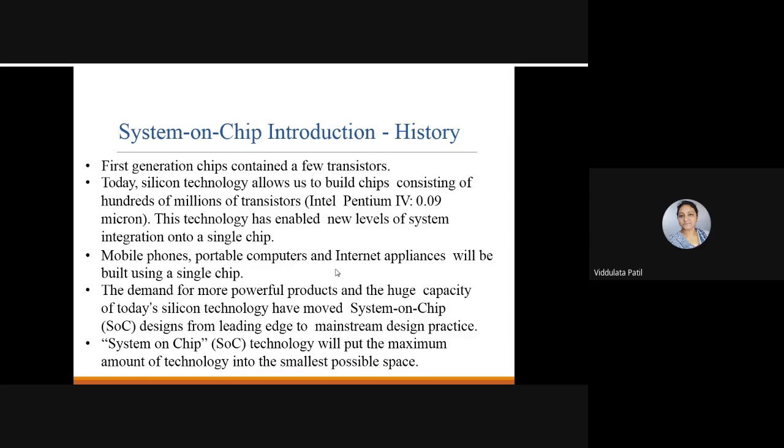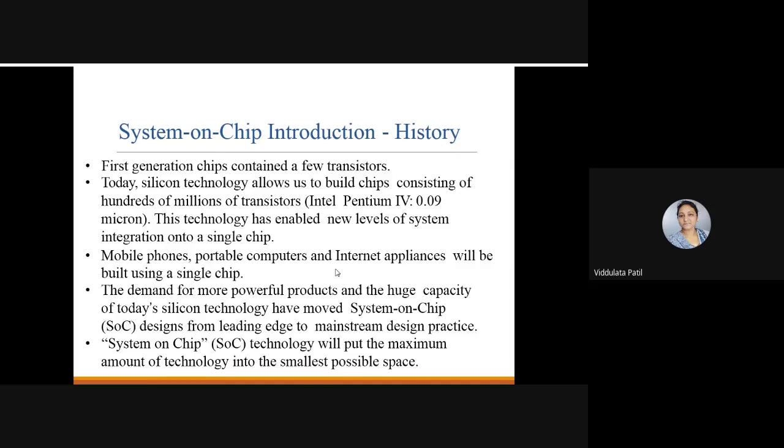There are thousands or lakhs of transistors available, and this technology has enabled a new level of system integration into a single chip. Because we have a lot of transistors in a single chip, we can design any circuitry in a single chip,